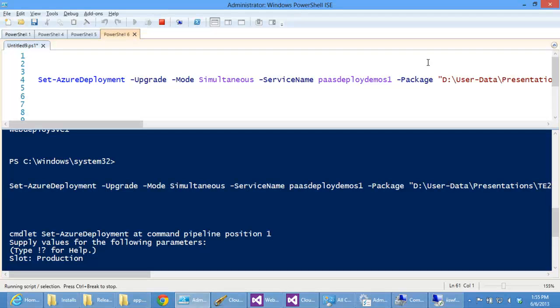And instead of walking each upgrade domain, I think this web and worker role has 2 roles, so it should at least be in 2 upgrade domains. It's just going to basically take them down and upgrade them at the same time. So it should be faster compared to the standard automatic, which basically does it in 1 upgrade domain at a time. And of course, it does have to upload files, so it's still going to take a few minutes for it to actually work. So while that's working,